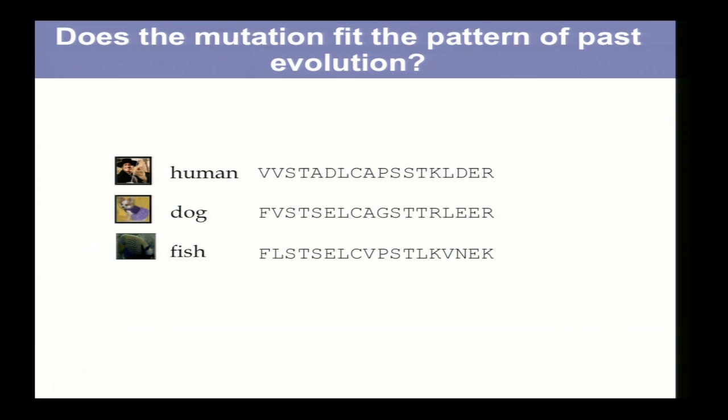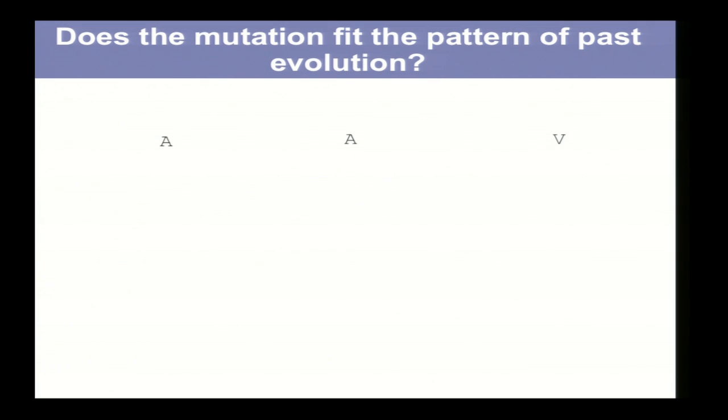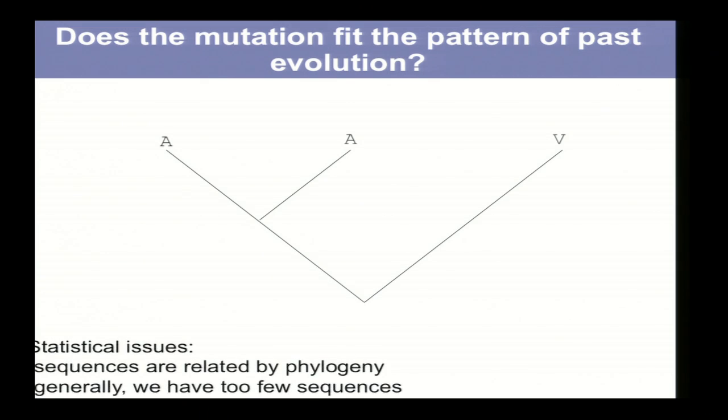So first of all, we use evolutionary information. So we look at an individual position. And the idea is that if I stay here, variation in this position is informative about which amino acid would actually fit. Right? So I can build a phylogenetic tree because the data are not independent.